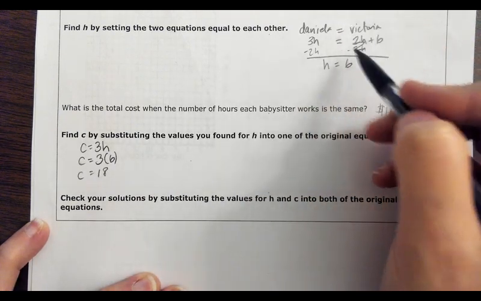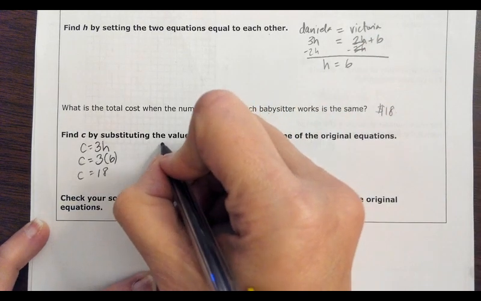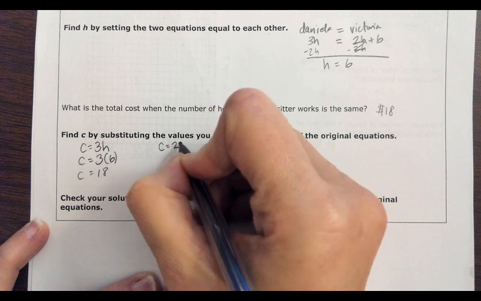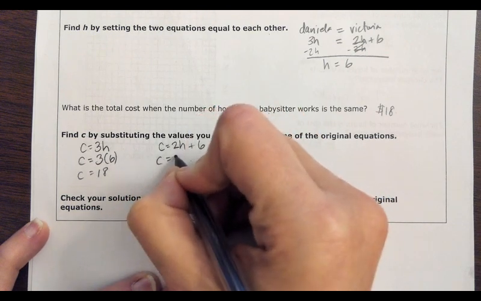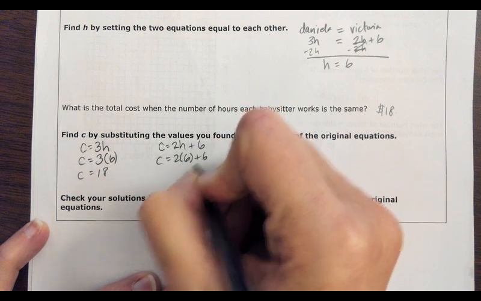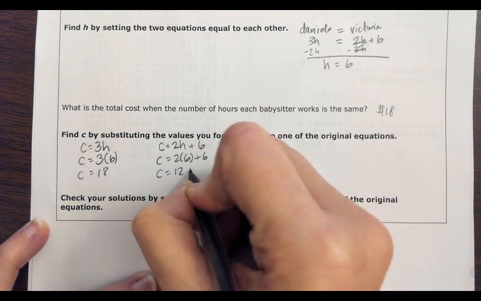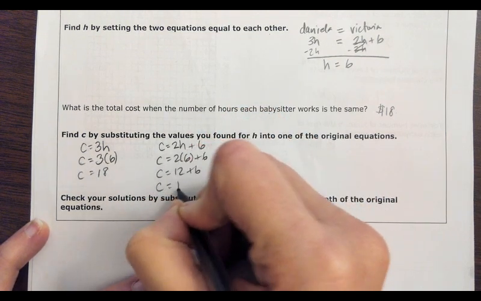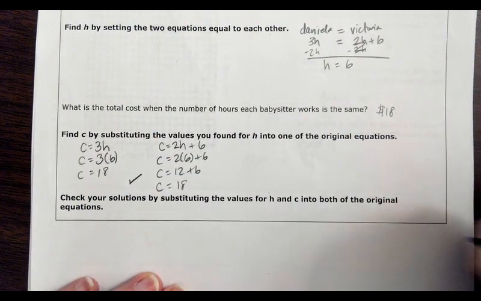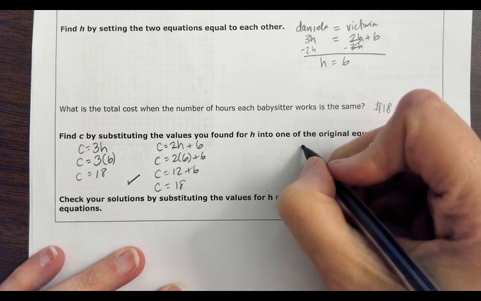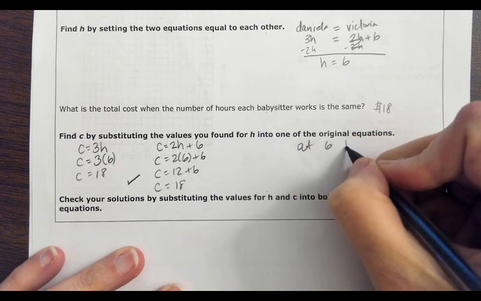I can also see the same exact thing with Victoria. C equals 2H plus 6, which is 2 times 6 plus 6, which is 12 plus 6, and 12 plus 6 is 18. I get the same thing for both, which means that at 6 hours,